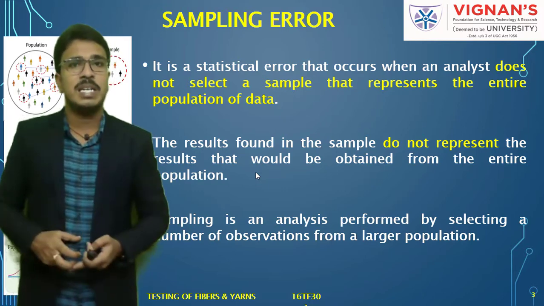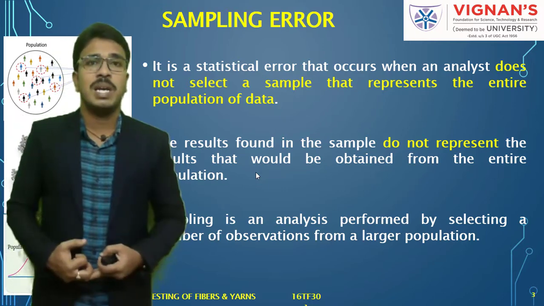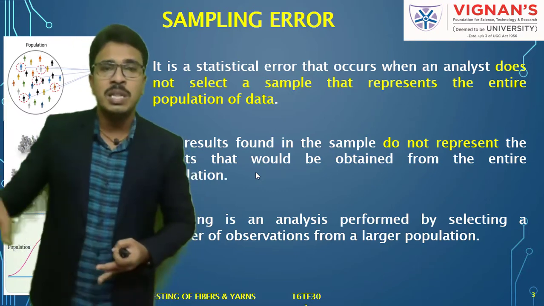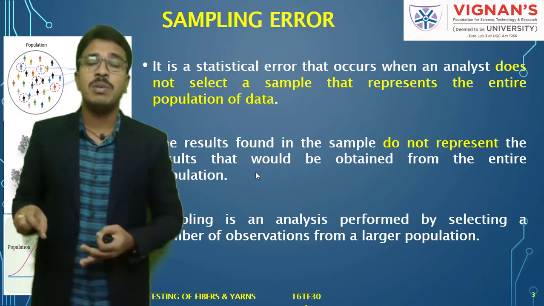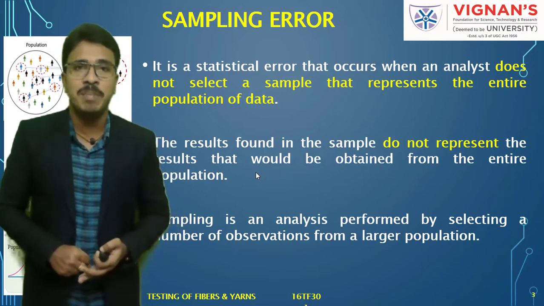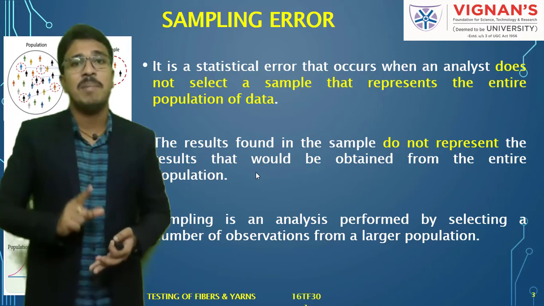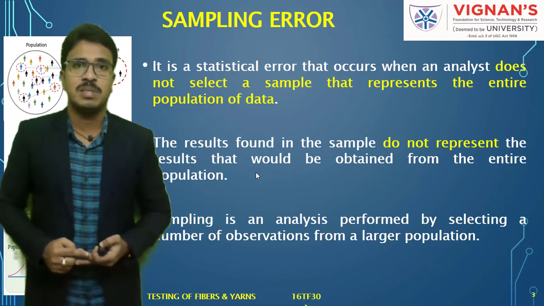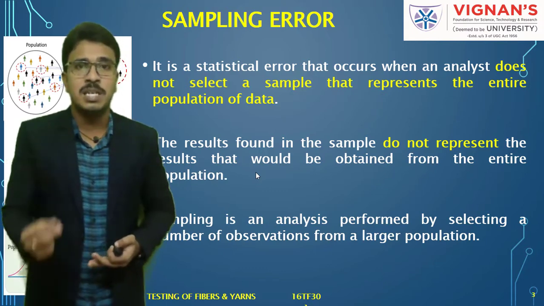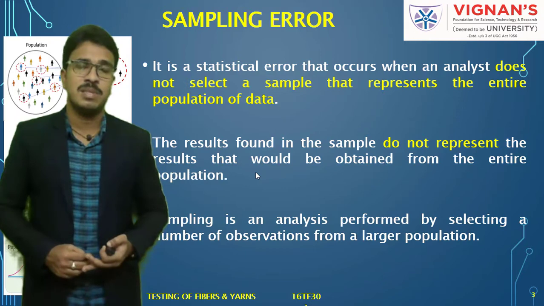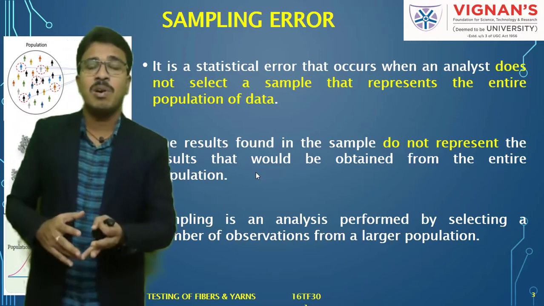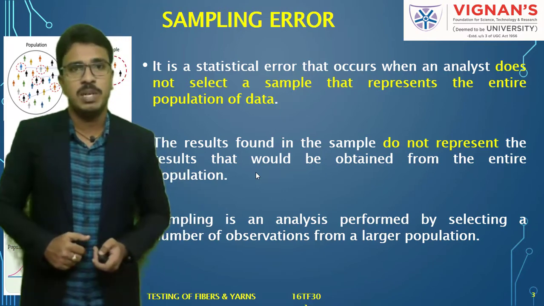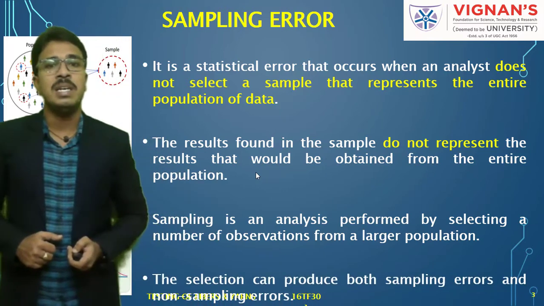The observations we are testing, and whatever results we are getting, we are going to relate to the population. So in the entire process, the analyst has to keep in mind that he should do the sampling properly. There should not be any bias in the sampling process. There should not be any mistakes while doing the sampling process. Otherwise, we cannot relate the sample results with the population. So this is called sampling error.